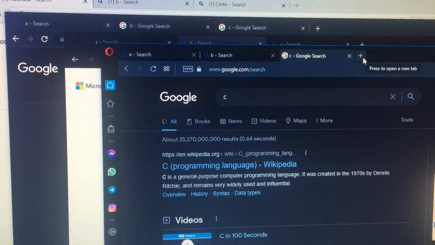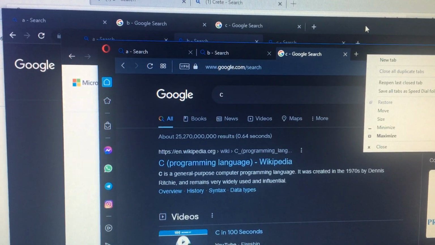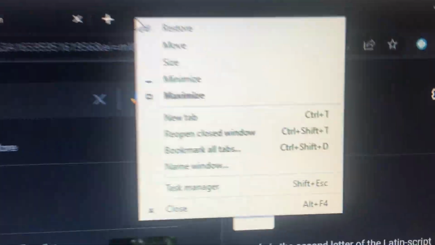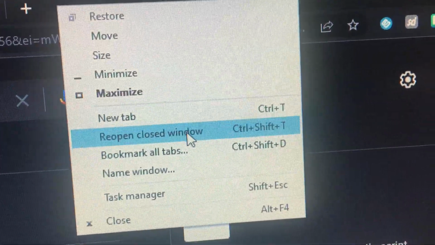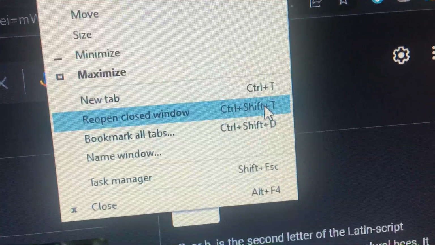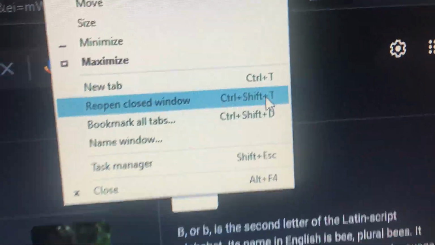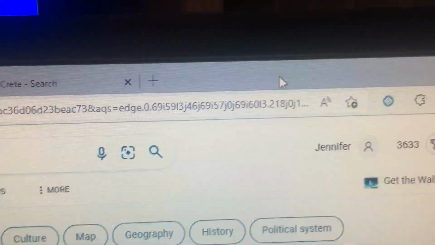Or you could do it the long way, and I think another way is to use your mouse. If you right mouse click, they have the option to reopen closed window or tab, which is Control-Shift-T, you see? So I just right mouse clicked on the top of the browser,